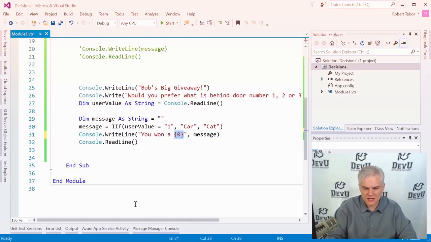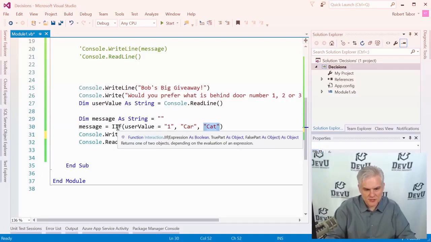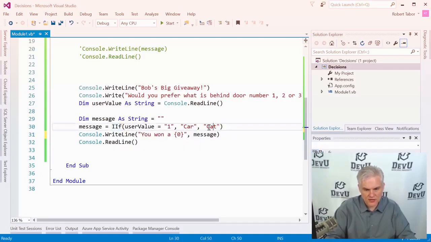Again, we'll talk about replacement codes at length a little bit later, but you can see here I'm passing in 2 parameters to the WriteLine method by using a comma in between them. Here we're using 3 input parameters by using 2 commas. Here we do the evaluation. Is this going to be true or false? If it is true, then we give it the true part. And if it's false, we give it the false part. And whatever's returned back from this method, whether it's car or cat, it'll be assigned into our message variable, which will then be added to our "You won a" string, and then we'll replace whatever that replacement code is, whatever it's either car